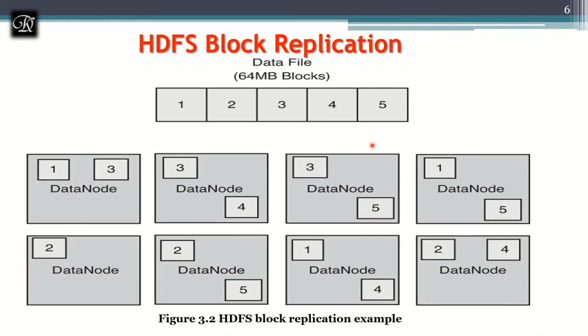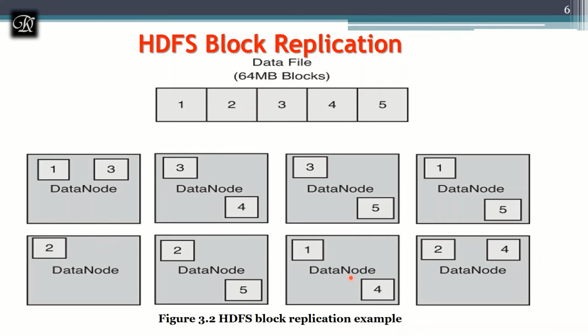So there is something called HDFS block replication. What is this HDFS block replication? Because I just told you initially that we are going to have 3 data nodes, 3 copies. Why 3 copies? Why 3 data nodes? Because whenever you take up any data, for example, I have a data file which is going to be divided into 64 MB blocks. Initially I told you the block size will be minimum 64, or else 128, or else 256, and it will go on like that. But here I have a file with a 64 MB block size and I have to store that in the data nodes.